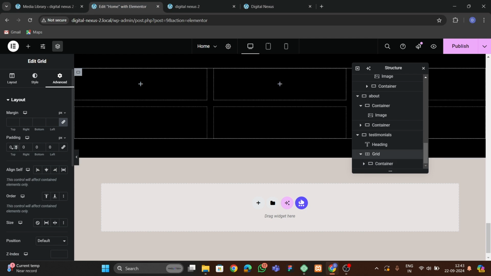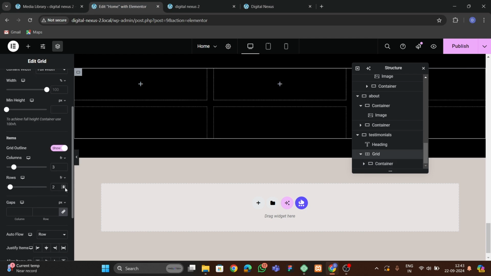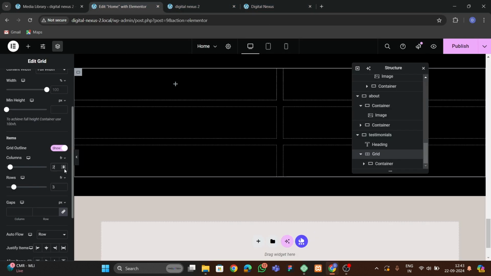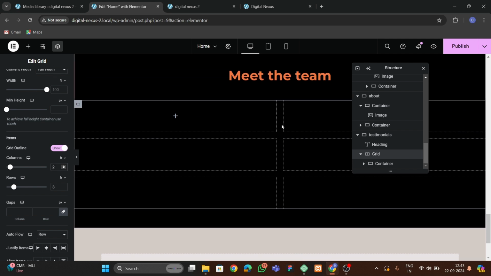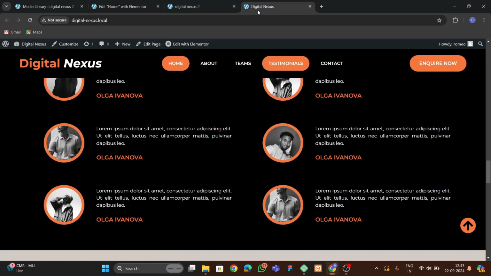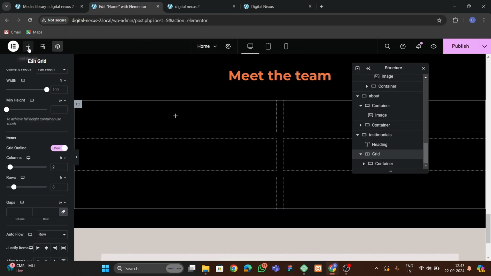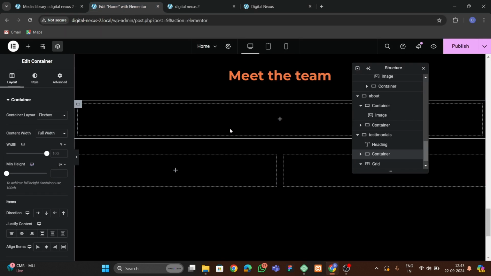So for this we have to go to the grid, go to the layout, and here we're gonna choose 3. We have 1, 2, 3 rows. So for the rows we're gonna choose 3, and here we're gonna choose 2. So like that. So it will show you the layout which you're gonna make here like this. Okay, then after that we're gonna add a container here, and